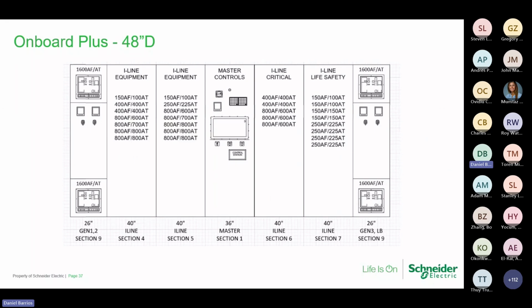So we have a 48-inch deep system. There's a generator section you notice to the left. We are utilizing I-line panel boards. Obviously, a master control section is still in there and duplicated over to the other side. Please bring us your space limitations. We have options for you that we would like to discuss with you